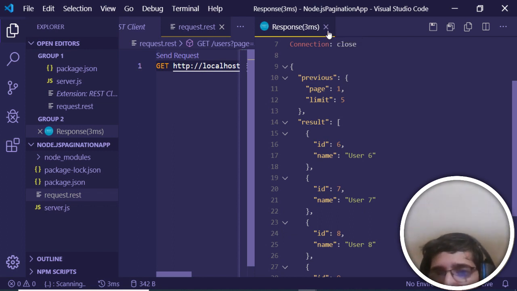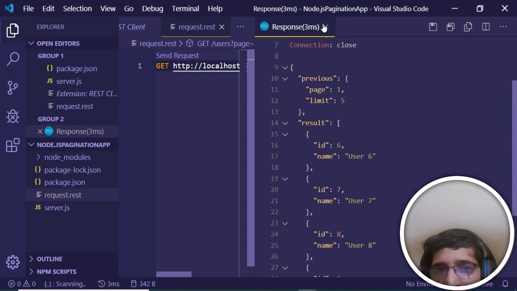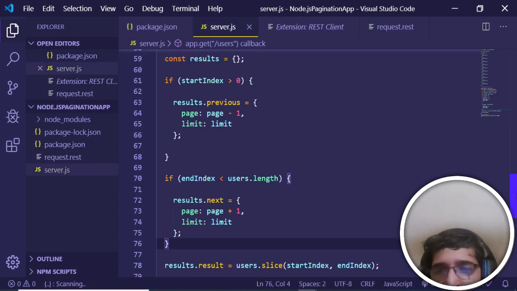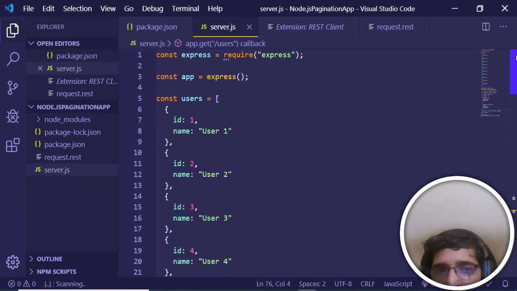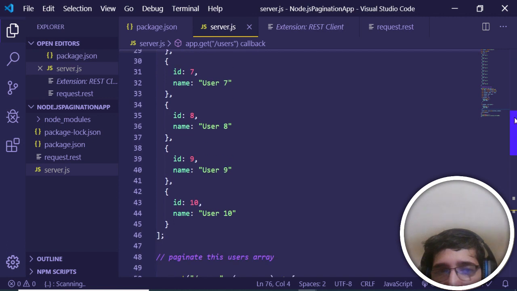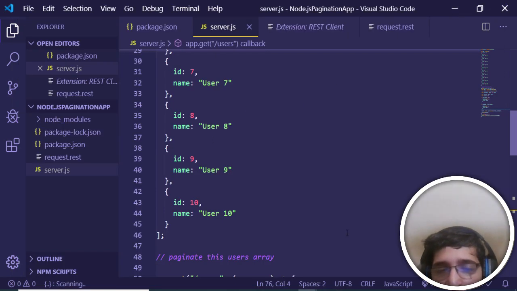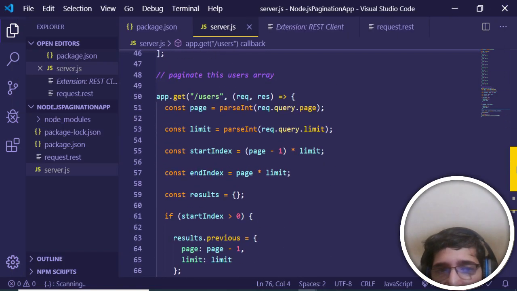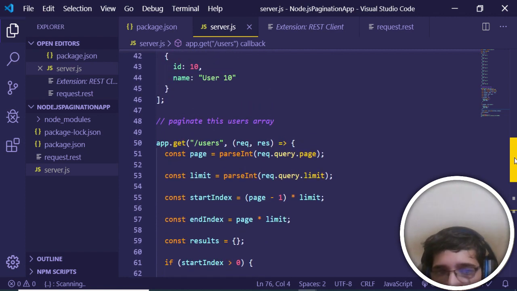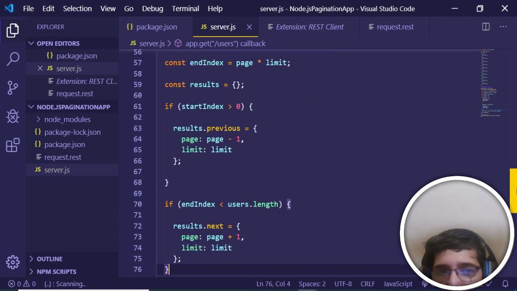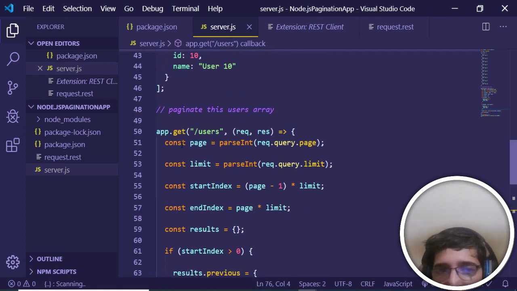So now we have successfully displayed the pagination, guys, from a simple array. We have taken the example of a simple array. You can see that this is our users array, but in production level applications, there will be a lot of data which will be coming from a database like MongoDB. So now we will be looking at an example where we will be using this database, and then we will be paginating that data. But before that, we just need to wrap this whole pagination code into a